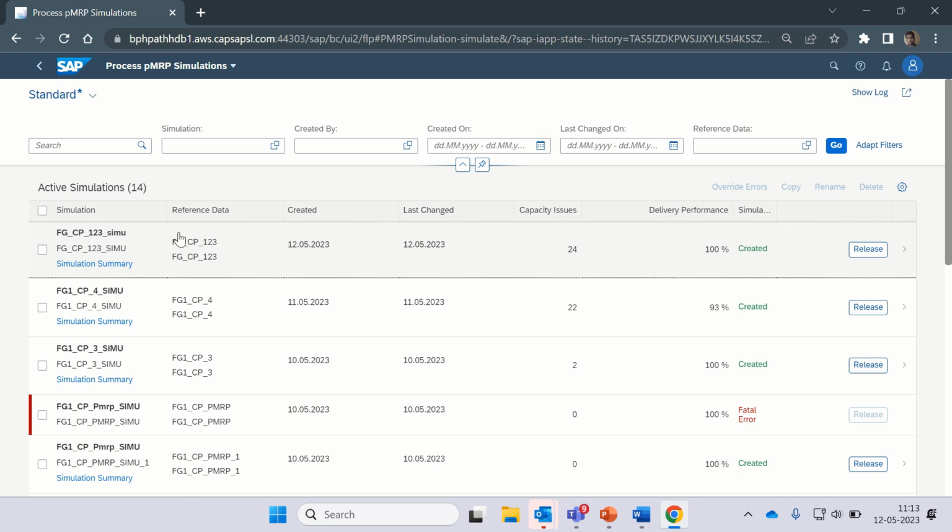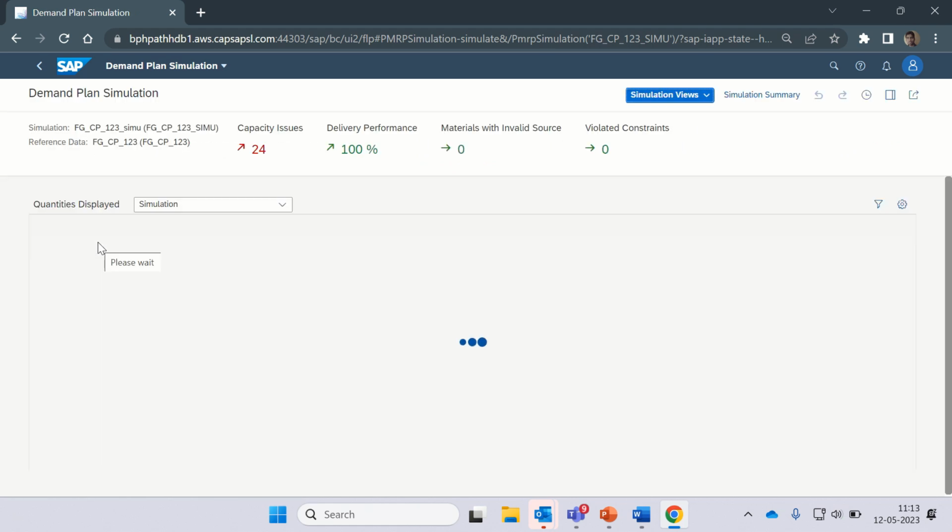Okay, let us go to summary and check delivery performance also there. If we reduce the capacity issues or reduce the future demand, then will the delivery performance give any issue, and how? Let us check all those things in this summary. When you open this,